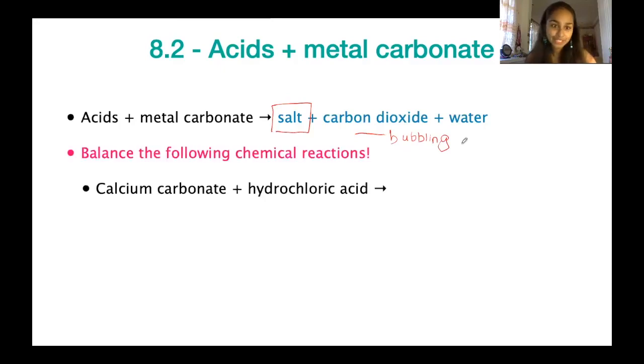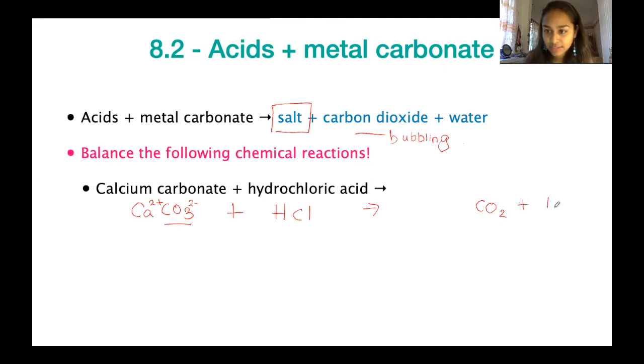So let's do the same and do a little bit of balancing. Calcium carbonate and hydrochloric acid. Calcium carbonate is CaCO3. The carbonate ion has a charge of 2-. It's another polyatomic ion that's worth being familiar with. And calcium has a charge of 2+. So that's nice and balanced out for us already. Hydrochloric acid is going to be HCl, and therefore we're going to make a salt, carbon dioxide,